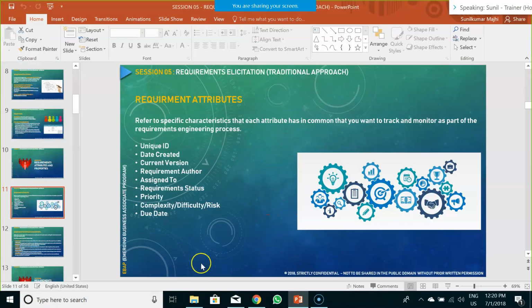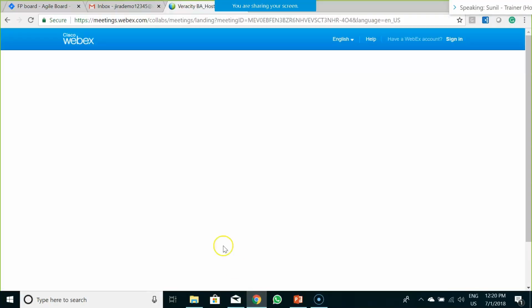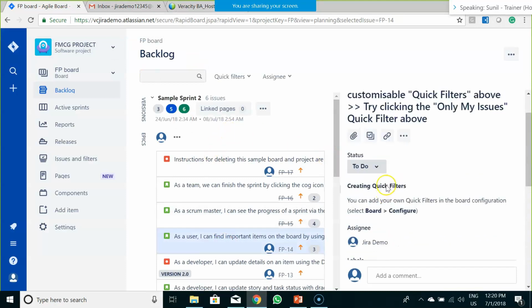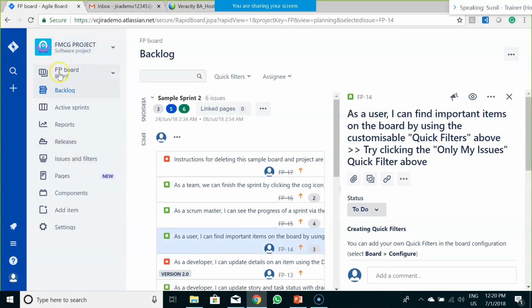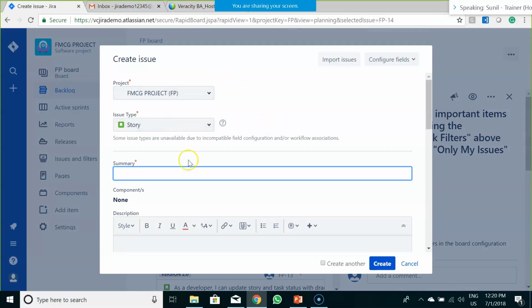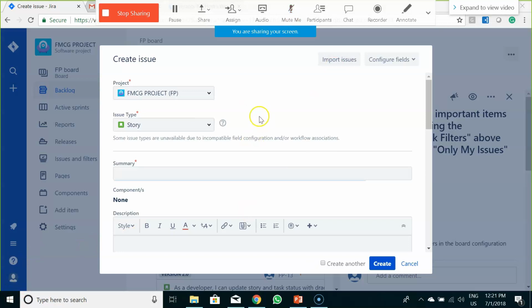So essentially if you see a system like Jira, in this system, let's say we create a particular requirement. Just hang on, I'm sorry.